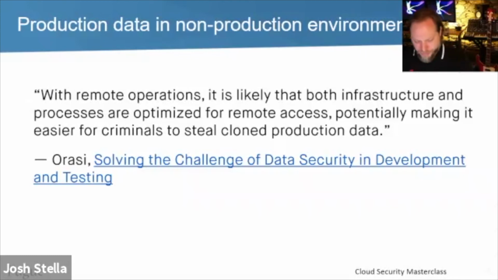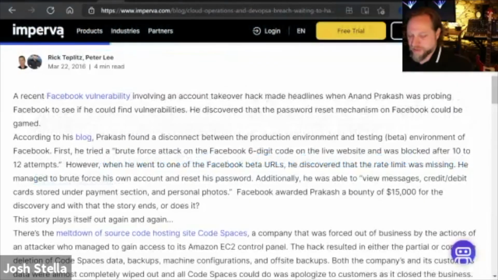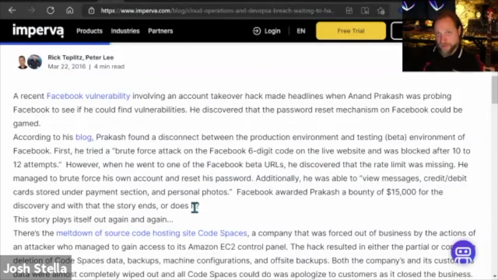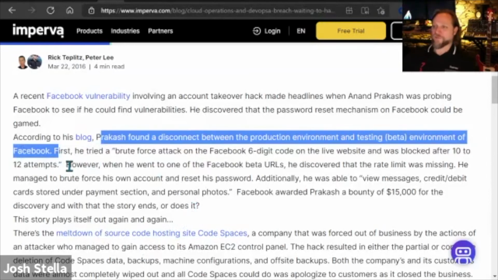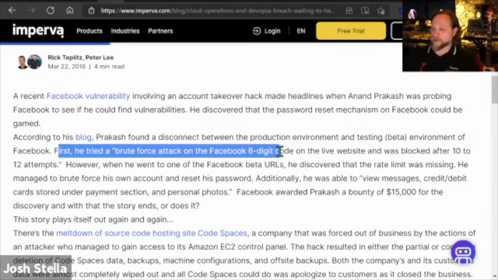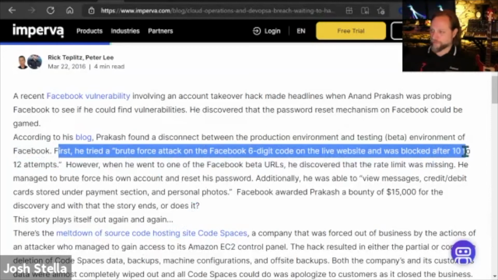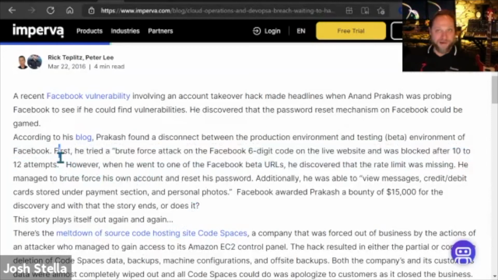I do want to show you a little more. This is an interesting one, from Imperva, about a Facebook vulnerability, an account takeover hack. The hacker found a disconnect between the production and testing beta environments of Facebook. First, he tried a brute force attack on the Facebook 6-digit code on the live website, and of course he got blocked after a certain number of attempts.